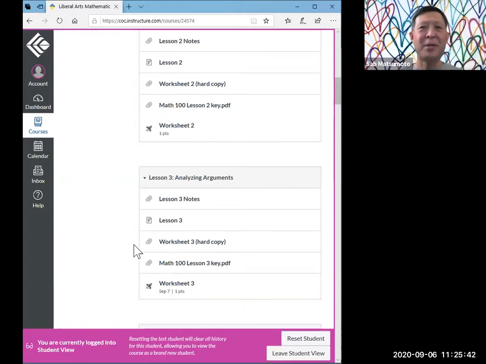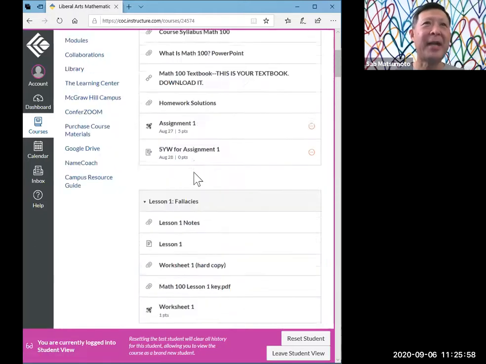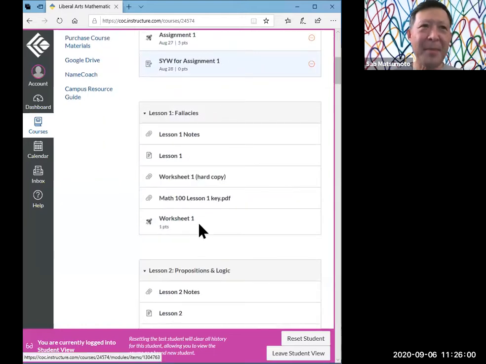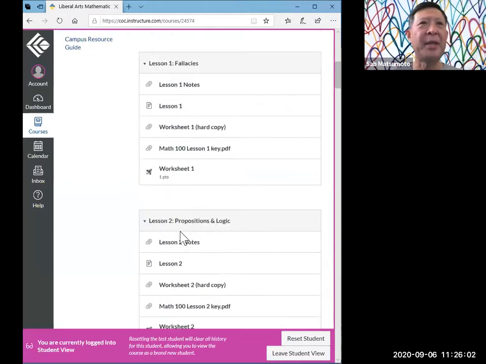Now I have 4 sections of this, which means I have over 140 students of Math 100. And I don't have the time to check all the answers, but I do want you to recognize when you get the wrong answers. And that's why I changed this to the online worksheets, right? So now if you look at it, every section, even lesson number 1 has this online worksheet,